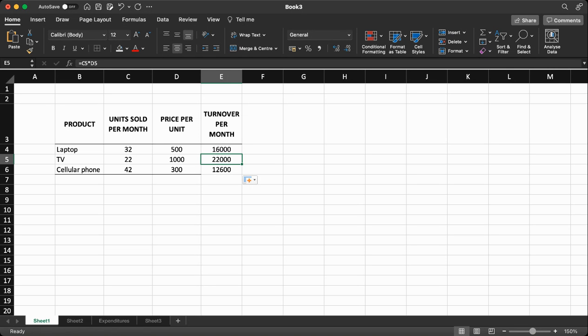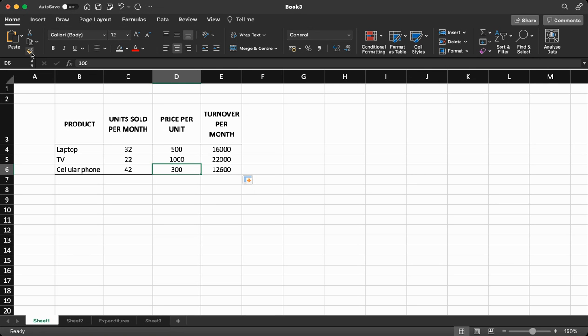And think that this is a simplistic example, and if it was a real store, they would have more than three categories. They could have 1,000 categories, 2,000 categories. So it would be much easier, and we would save a lot of time if we directly use this method. Once we have obtained the